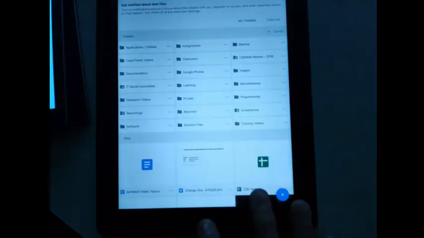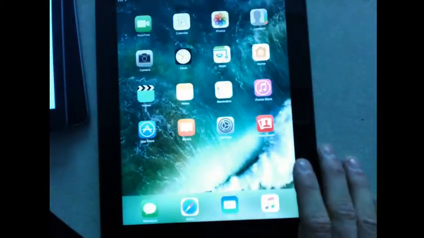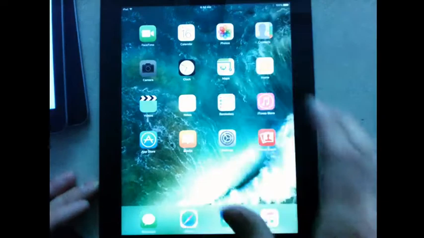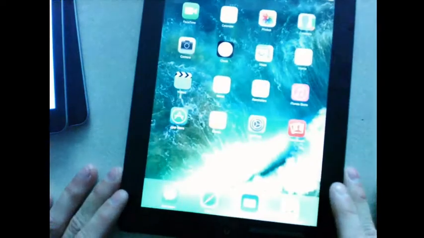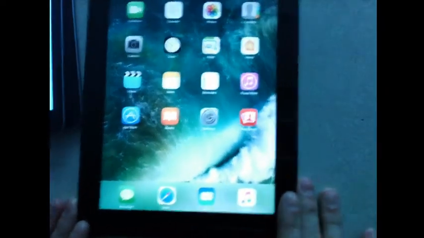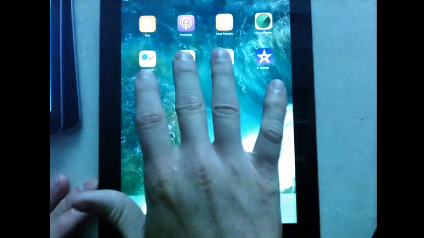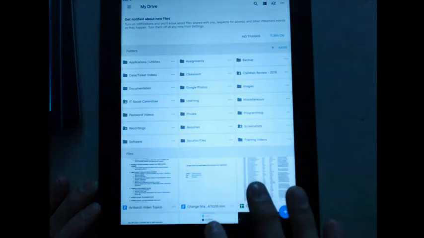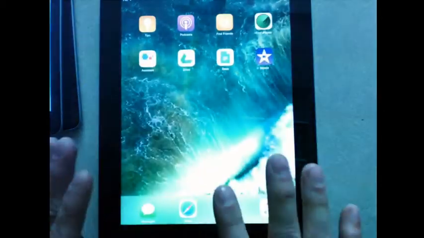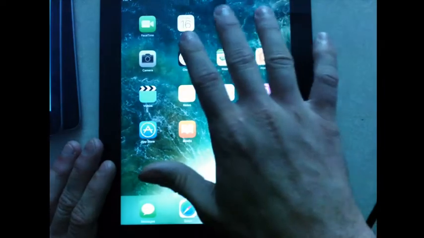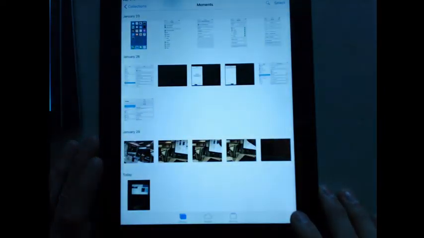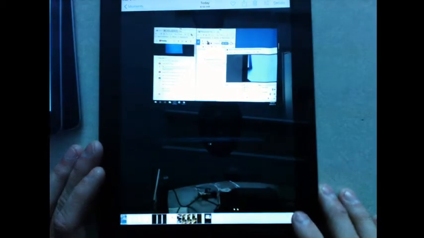So let's say I had a photo on here that I want to back up before I wipe this iPad to put in AirWatch. Let's get a photo on there. Let me just, there, just so you guys can see what I'm looking at. Boom. Okay, so I have a photo on this iPad. I'm going to wipe it. I want to put this thing in AirWatch, but I want to make sure that I get those photos backed up. So first I launched Google Drive, right? I had already signed into Google Drive, and now that I'm signed in, I can put that photo on my Google Drive. So what I'll do is I'll go into my photos here, and I'll find that photo that I want. Here's the one that I've just taken.